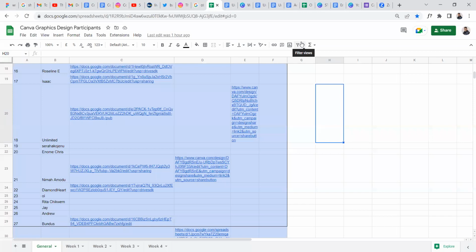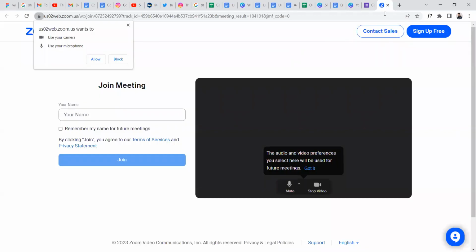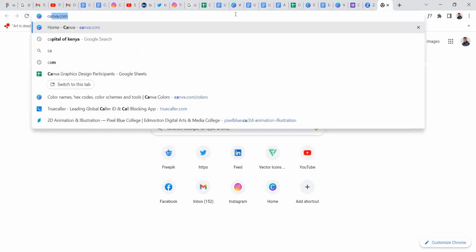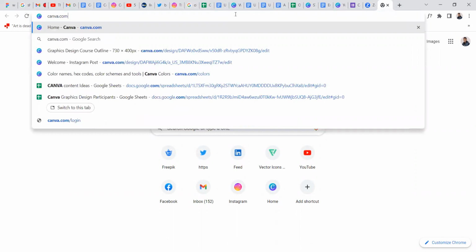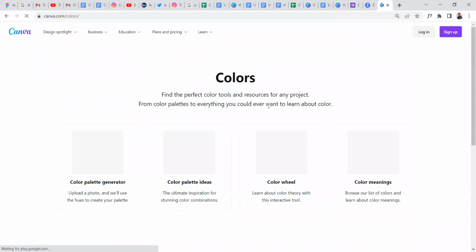Okay, so I'll take you through colors, and hopefully also take you briefly through how I do my design process. So for colors, there is this place. Let's go to canva.com. There are a whole lot of things to talk about with colors, but even with this, we can still learn something. So canva.com/color is one place where we could actually